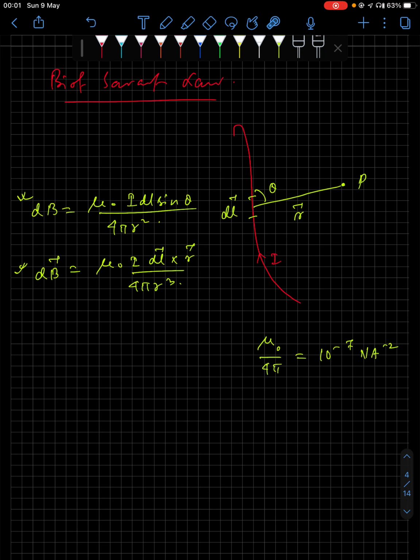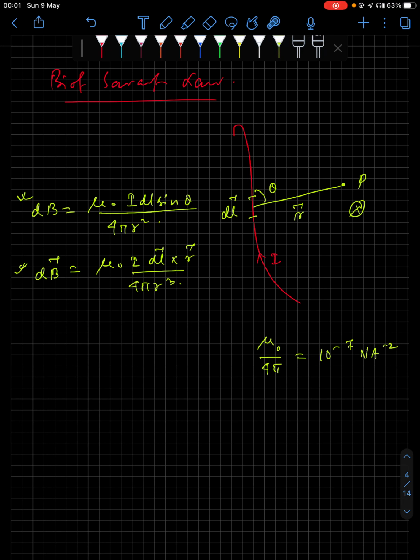In that case, you will see that the direction in which your finger curls, the field lines tend to enter through the right side of this wire, they tend to enter the page, or the display, right? So in that case, we put a cross here. Cross indicates that the field lines are going inside. Along the left of the wire, the field lines are coming outside.